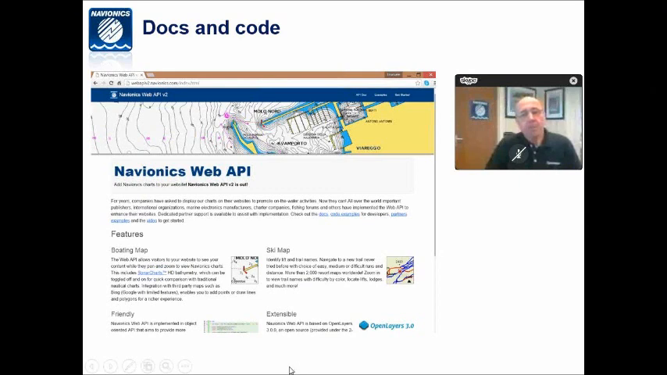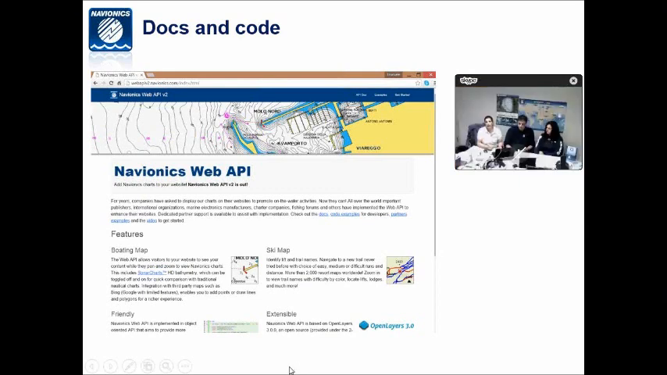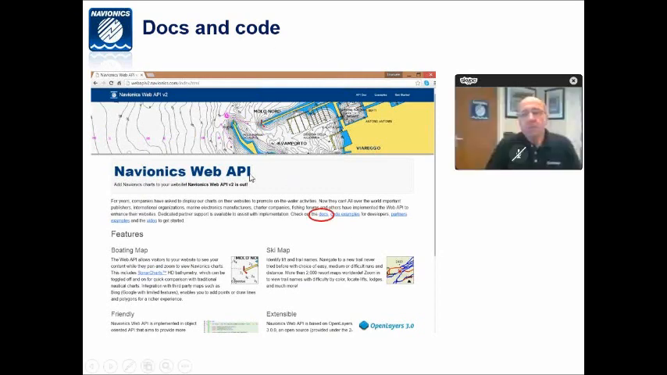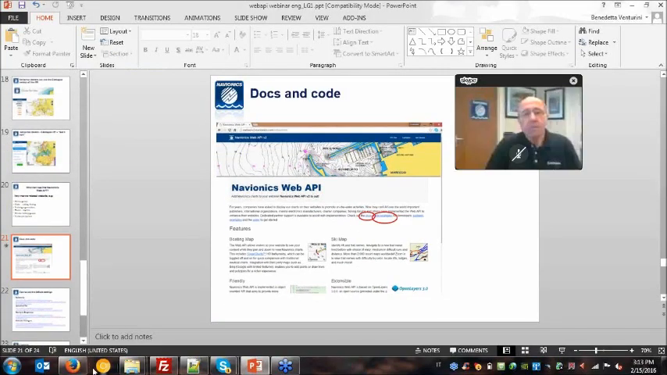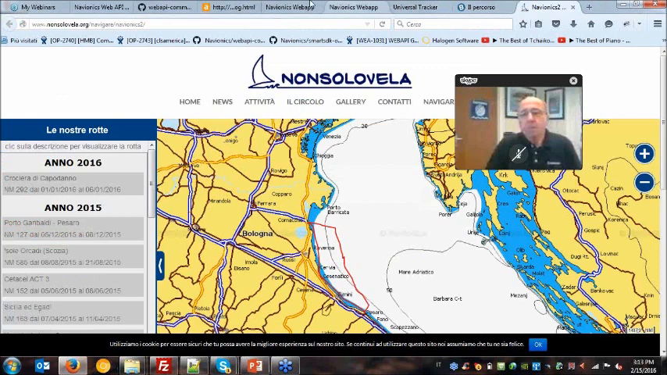I would like to introduce you to the Web API from a technical point of view. I would like to show you that from the initial page that introduces you to the Web API, you can find a link to the documentation. From this link, if you open it, if you click on it,